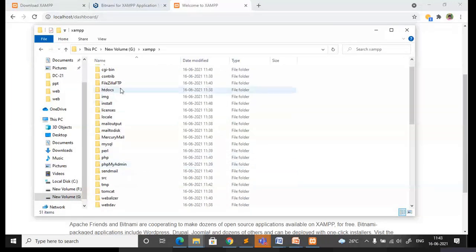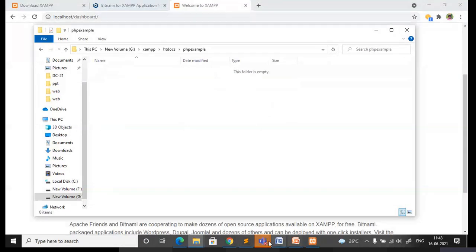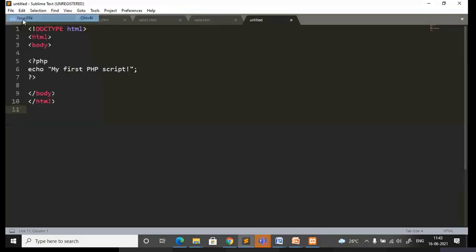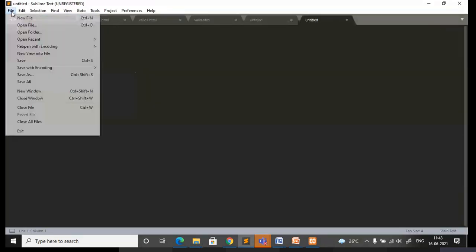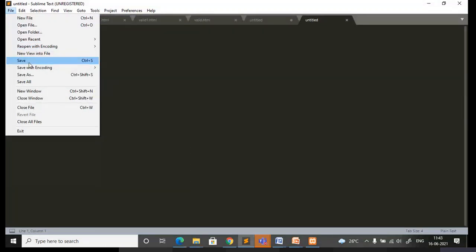You can give any name, like PHP examples. Let's write one small program. You can use the same editor you have used till today.